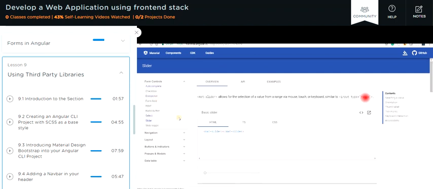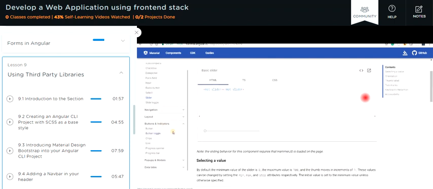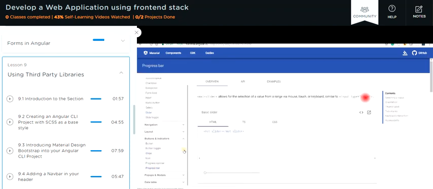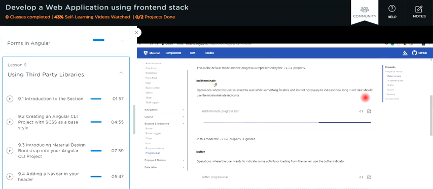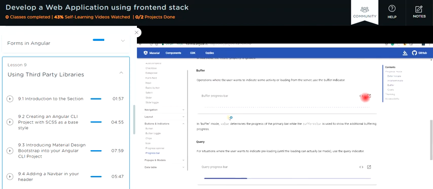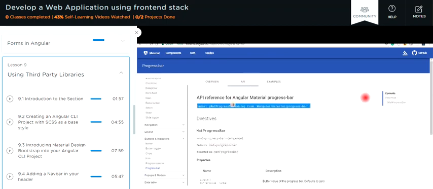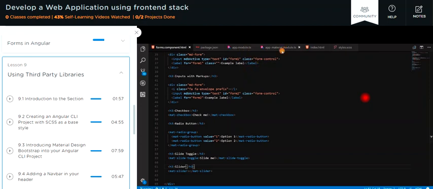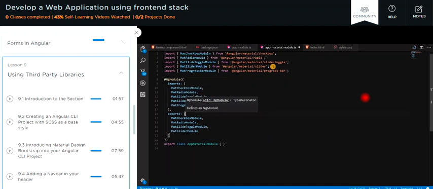So apart from that, there are some other things as well, like inside the buttons and indicators. If I go to the progress bar section, we can use the progress bars as well, which can be determinate or indeterminate, as well as for buffer and query. So again, I'm going to go to the API section of it, copy the name of this module that can be used, and I'm simply going to copy the name of the module, add it to the imports array